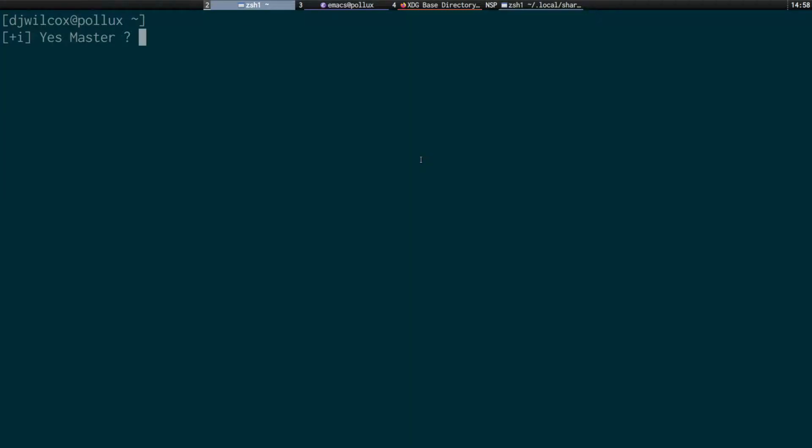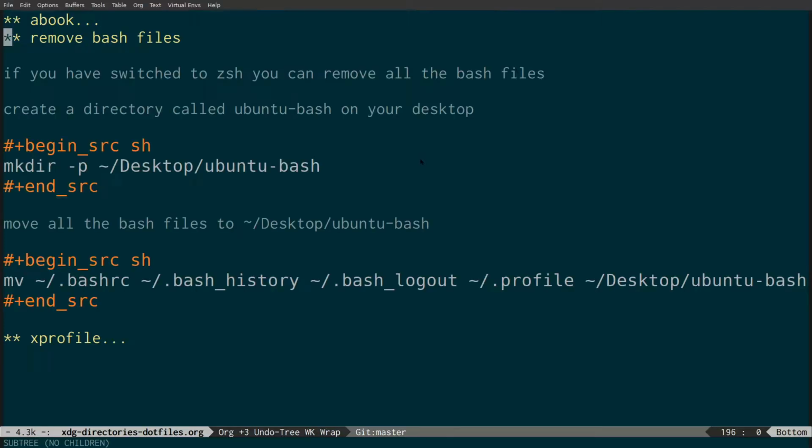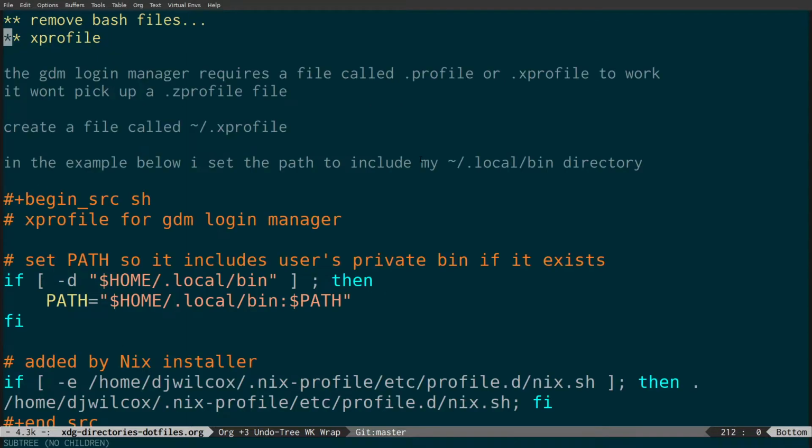So what the solution is, as I said, you can remove these files. You can move all these files. What I did was create a directory on the desktop called ubuntu-bash, just to back these up. Once you've done that, you can then move the .bashrc, .bash_history, .bash_logout, and .profile into that backup directory. But after you've done that, what you'll need to do is create a